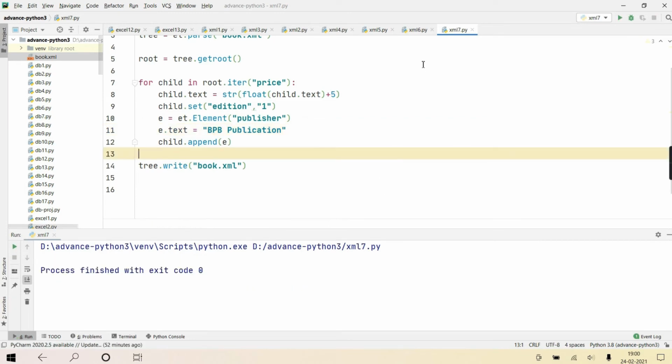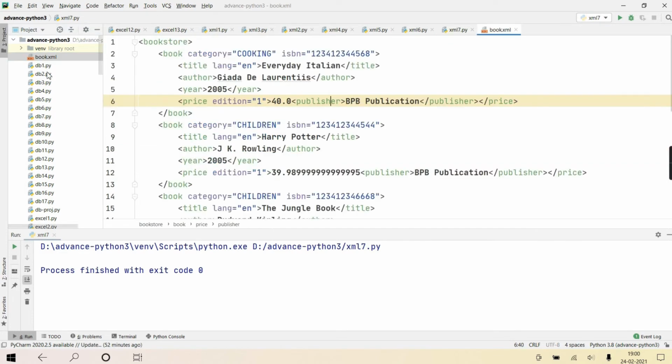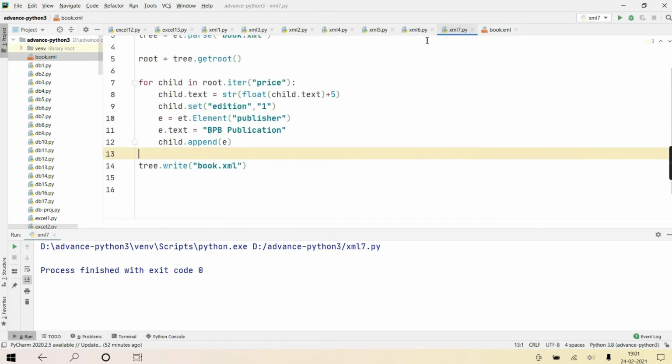Okay, now we will open and see our book.xml. See, has it added one publisher? Price? Oh, it got added in the child. I got it. Why? Is it clear? Some people understood why it happened like that, because I appended in child, and this child means, you got it, price.